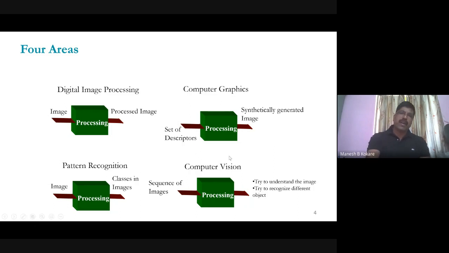And then finally, computer vision. In the case of computer vision, basically your input is a sequence of images, and you are trying to understand the image, recognize the different objects, interpret the image, or describe the image. So that will be your output, whereas the input is just a sequence of images. So I think you got a clear idea of the difference between image processing, pattern recognition, computer vision, and